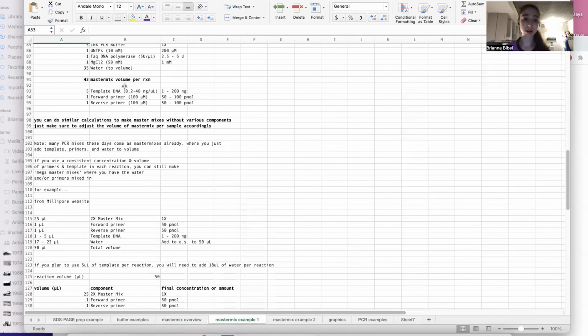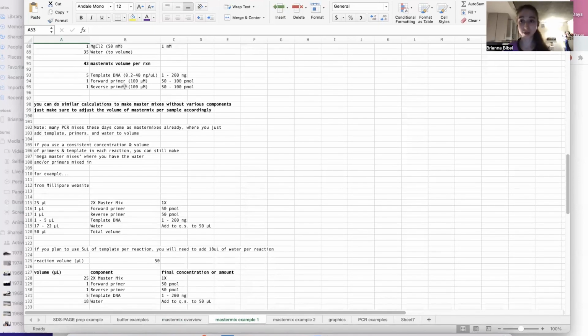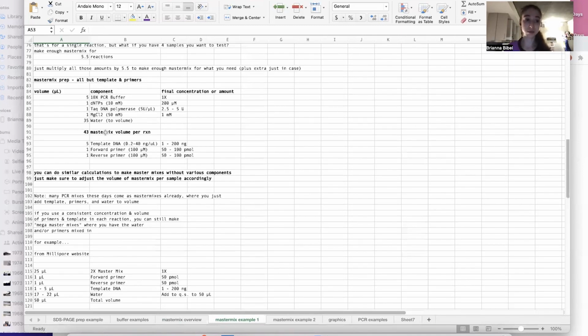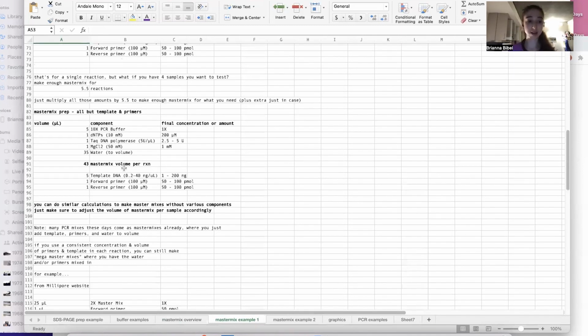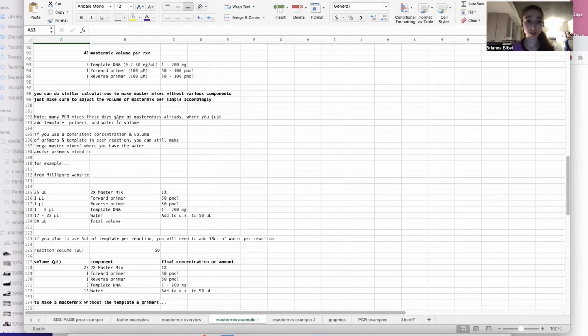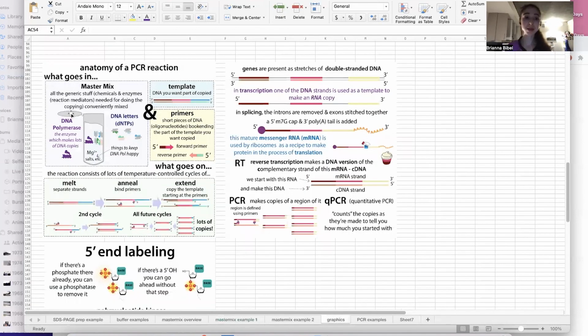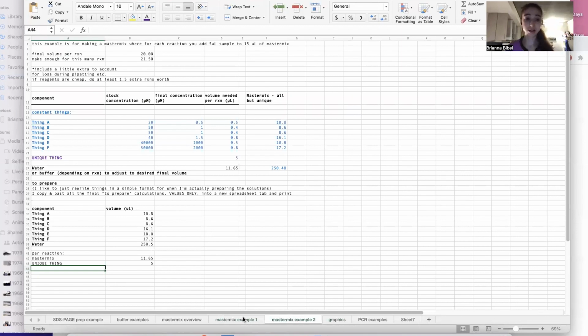And you can do similar calculations to make master mixes without various components. Just make sure you adjust the volume of the master mix per sample accordingly. So we're adding less of this master mix because more of the stuff is in the unique part. So as I mentioned, many PCR mixes these days come as master mixes already. So basically they have this part pre-made, and then you just have to add the template and the primers, but you typically have to add water as well